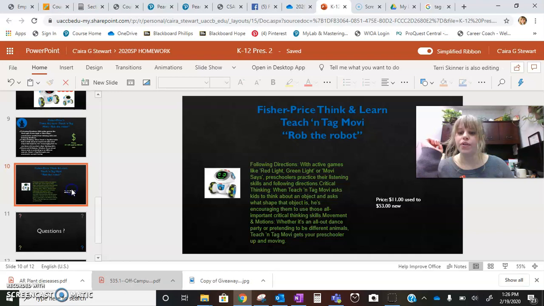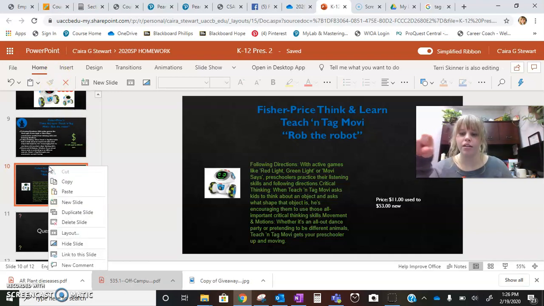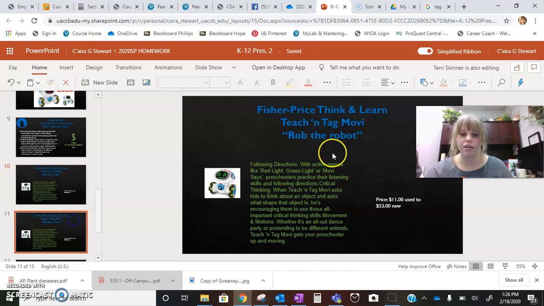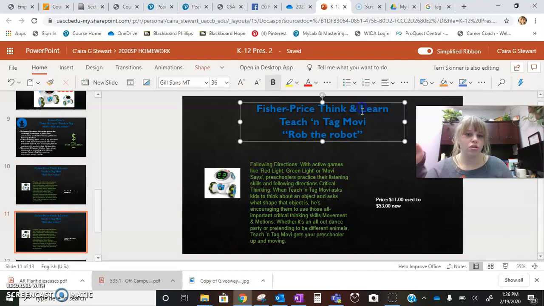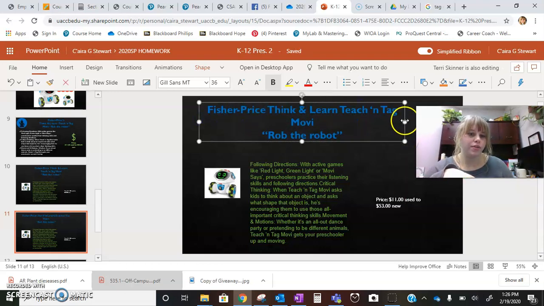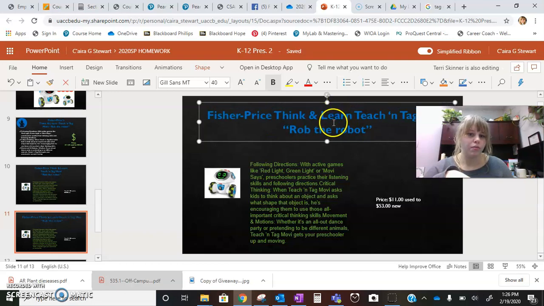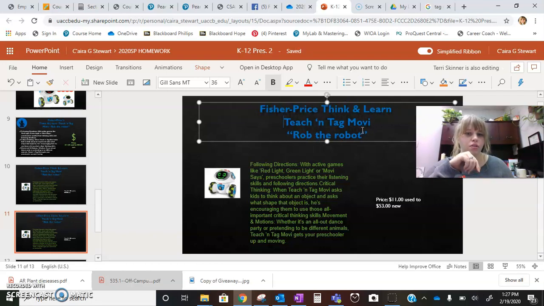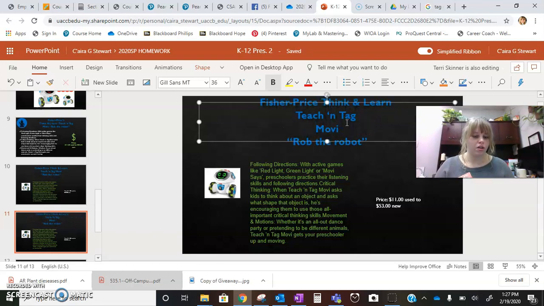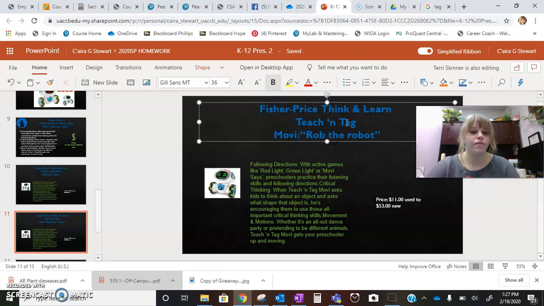So the first thing, I just made a duplicate by right-clicking over here and choosing duplicate slide. I made it a bit bigger as I was going on in here. And I made it more in line, so that it made more sense to the audience what the name of the robot was. They gave it a long name, so it was kind of hard to do that. And then second,